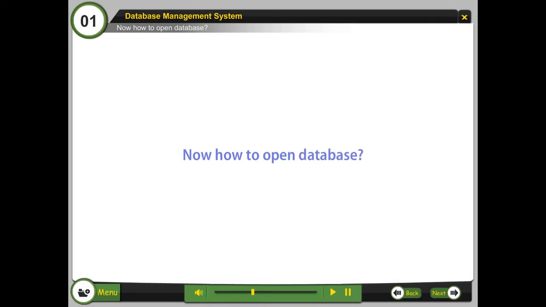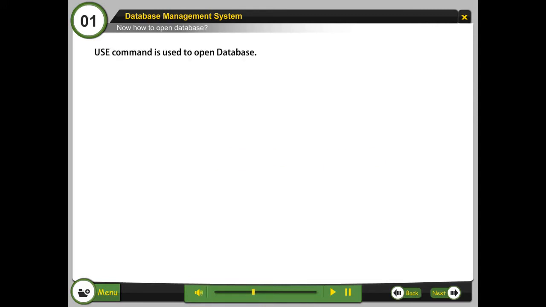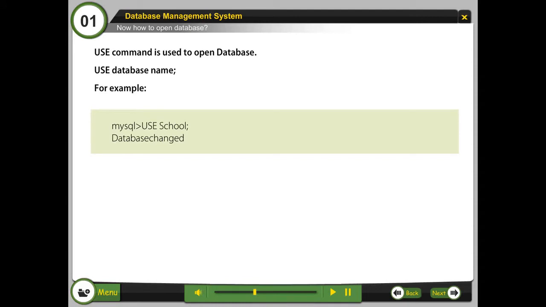Now, how to open a database? Use command is used to open a database. Use database name. For example,